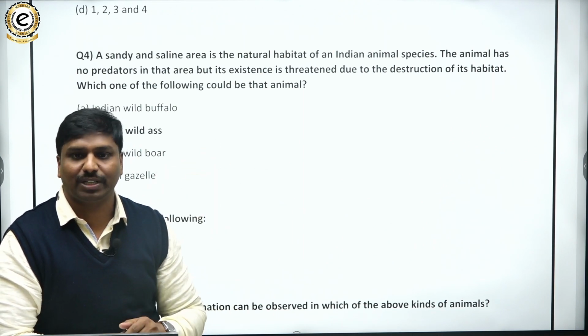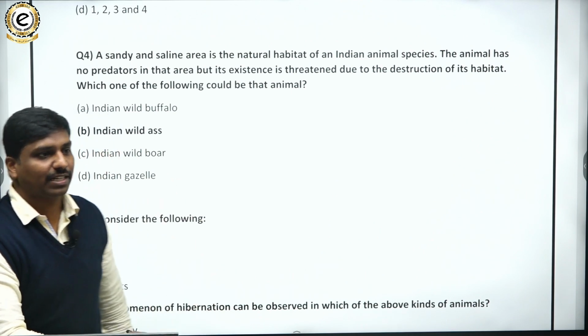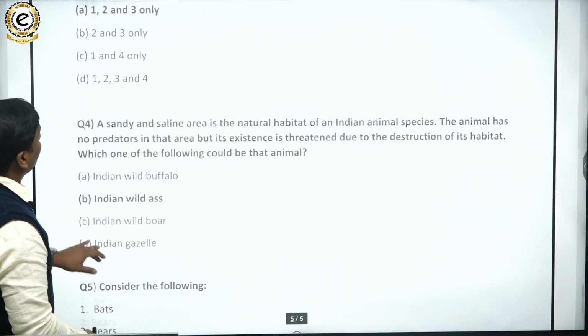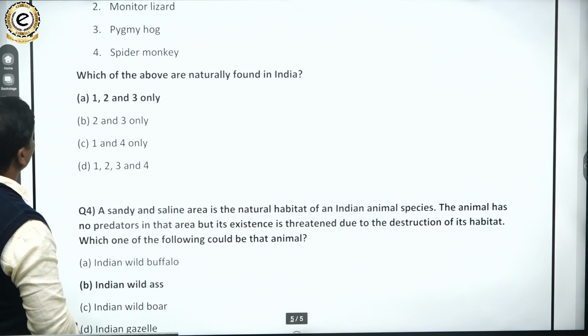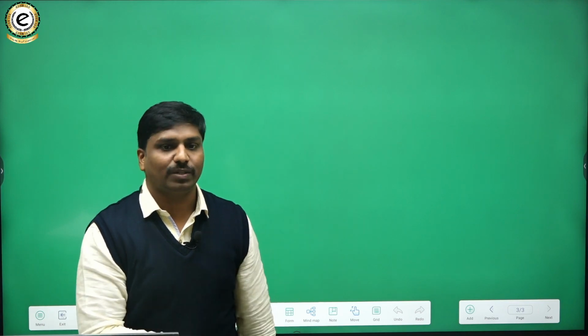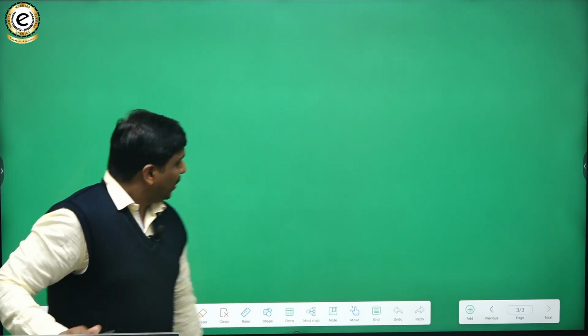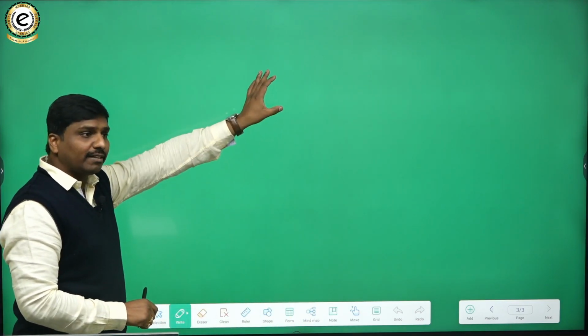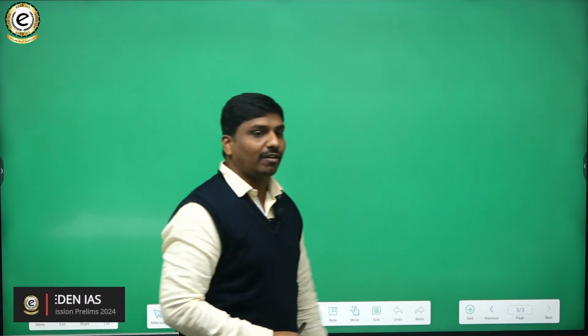They may move to that section. So be ready for such kind of new things that UPSC may do in the course of time. So that is with respect to what is environment and what are the various responses of animals to the environment. So that is one. And then, here we were discussing the static concept of the environment.